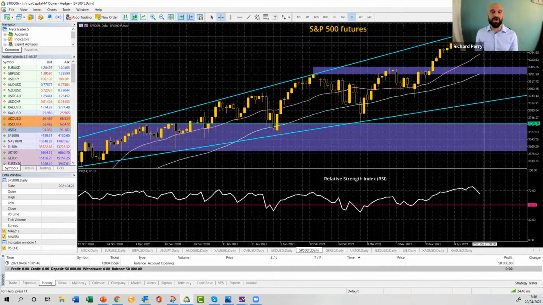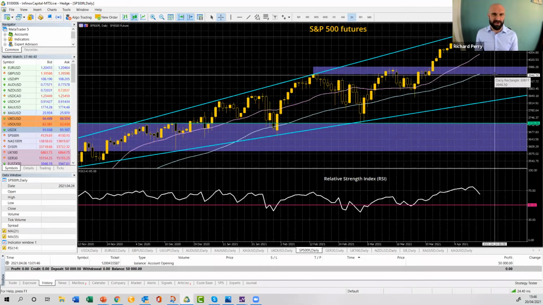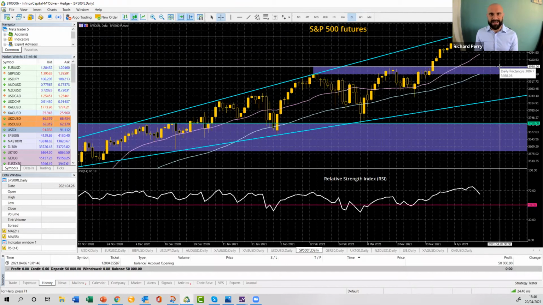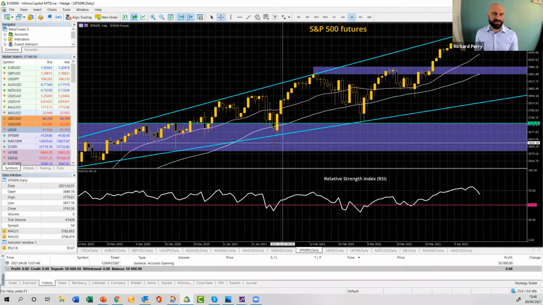If that gets broken, you really are, I think, into near-term corrective territory, and then you come back into this 3,960 to 3,980 area of support, which were these old breakout highs, and you retrace back towards